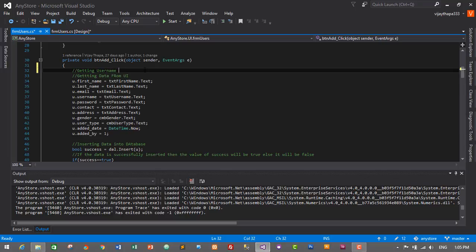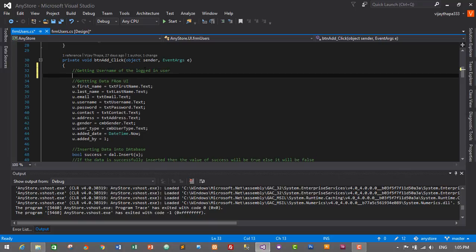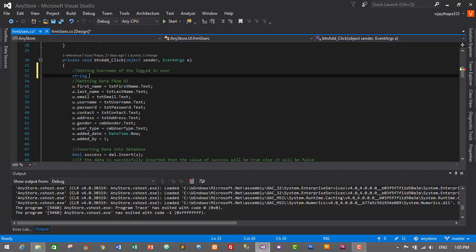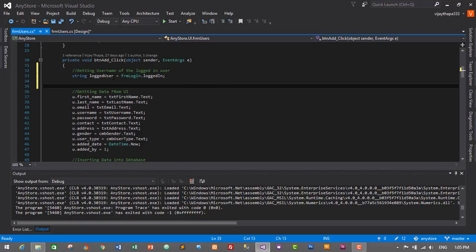Getting username of the logged in user. So this will be string logged user is equals to frmLogin.loggedIn. So this is the username from login form. Now we need to get the user ID of the user based on this